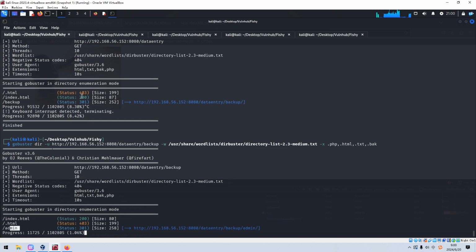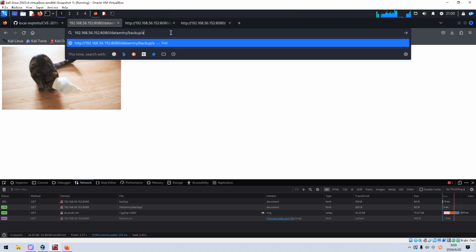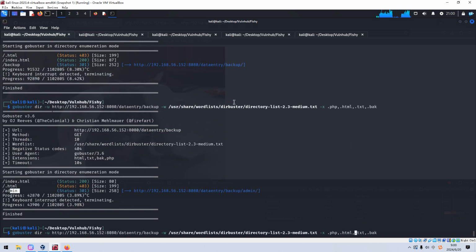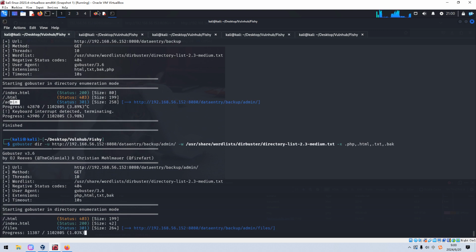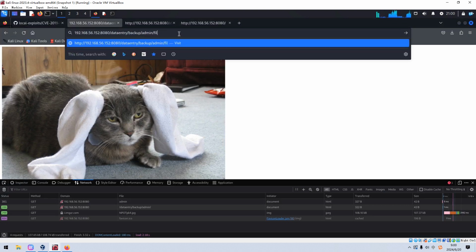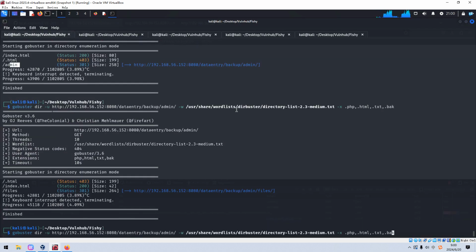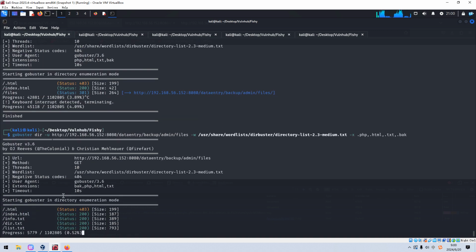Immediately we found this admin. However, nothing, right? And again, we can do deeper enumeration of the admin files. So we found the files, nothing there, right? And then we can enumerate again files. Okay, as you can see here, we have already reached the file or page,